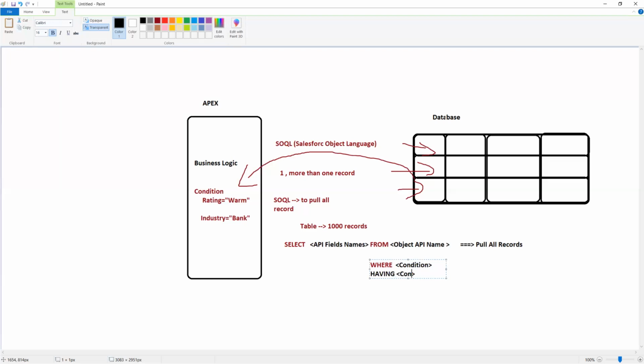There are some conditions we want to check, and where this condition is available in the record, those records I want to pull. We need to group by column names, like group by account name, or group by account phone number, group by account rating. Which one you want to group by, you can group by. Here it is a column name. So having the conditions and group by the column name. These are the additional keywords available inside the